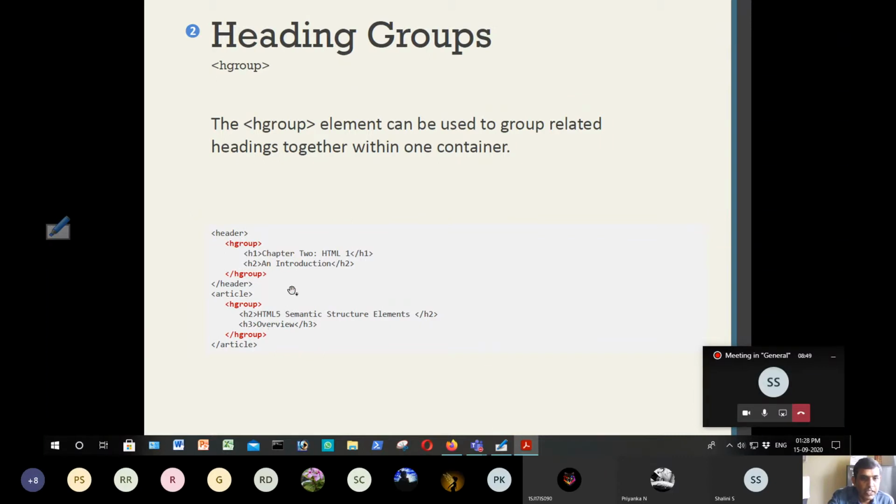That means these headers H2 and H2 belong to the H group within the article, whereas H1 and H2 tags present within this header actually belong to a different heading group. So if you want to categorize different group related headings, then we use H group or heading groups.